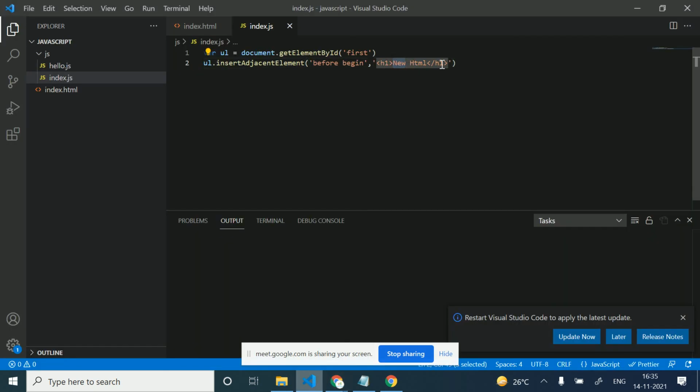This is the element I have created here. So I'm creating an li this way. This will work.